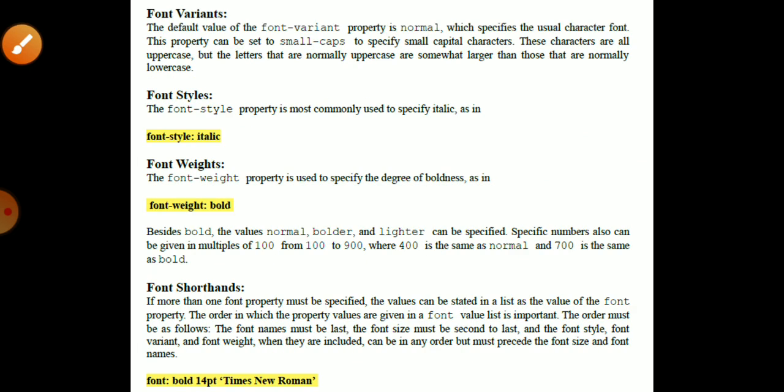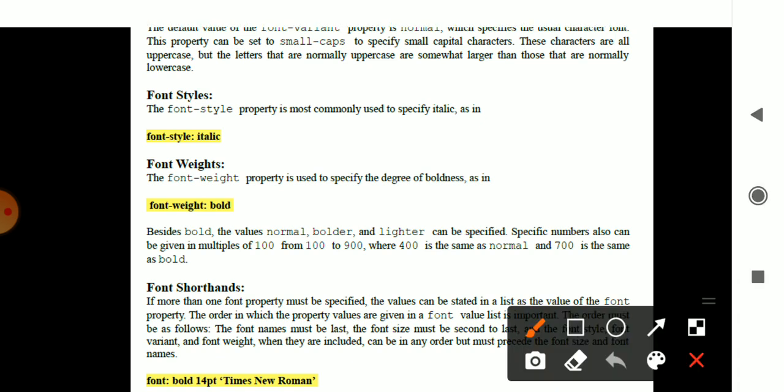Okay, then you have the font variants. Another part of the font variants is the look of your font. Your font can have a normal appearance, either lowercase or uppercase. But if I want to use the concept of small caps, that can also be specified.